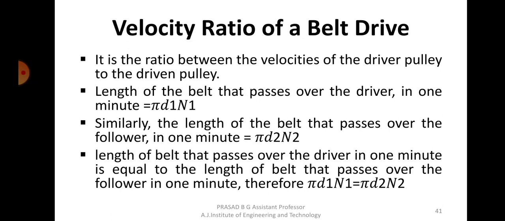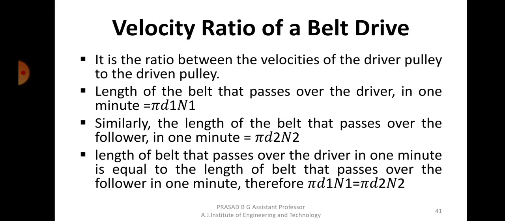One is velocity ratio, another one is slip in belts, another one is creep in belts. So three things we have to cover now. So first we will see what do you mean by velocity ratio. So we have been finding velocity ratios right from gears, isn't it? So in gear also we have found the velocity ratio. Then we saw the velocity ratio in gear trains, simple gear train as well as compound gear train, and similarly it will be same here also, velocity ratio in the case of belt drives.